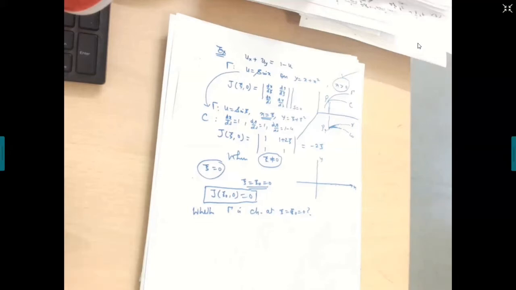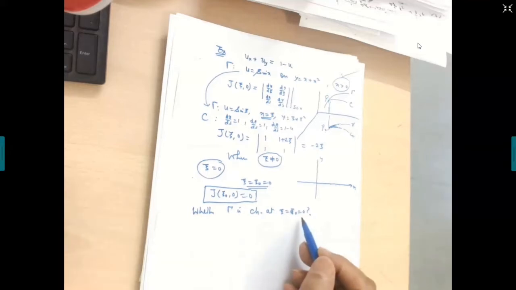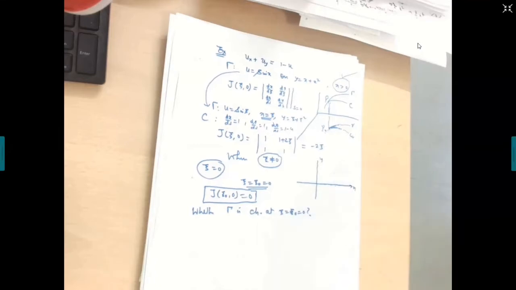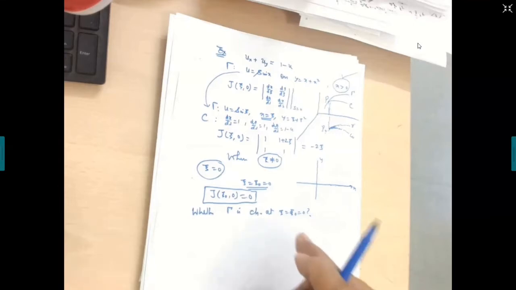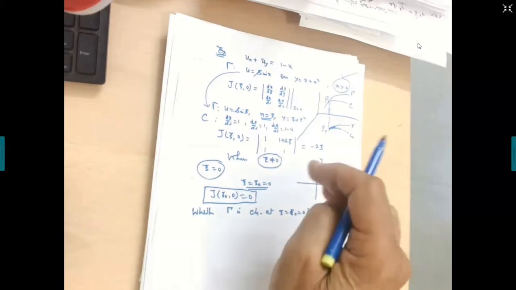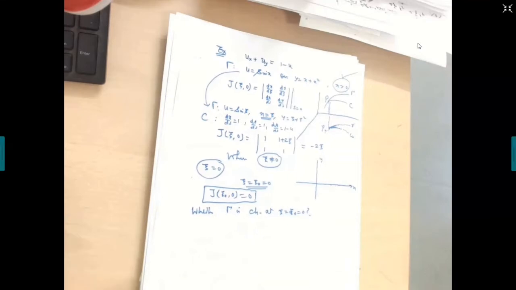You see, there are two cases. There is one case when gamma is characteristic, and another when gamma is not characteristic. So you said it very correctly. When gamma is characteristic, that condition is satisfied. It corresponds to the rank condition. So a C1 solution in that case exists. We can see how.